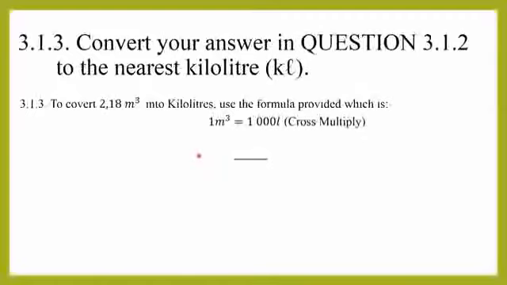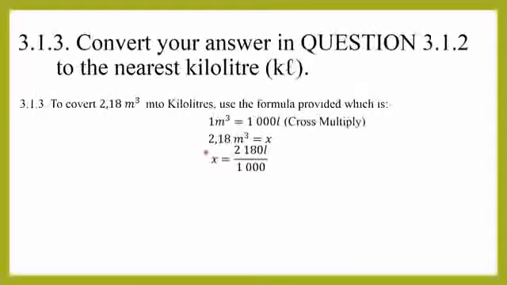Then you are going to cross multiply. 2.18 cubic meters equals x. As we cross multiply, we will say x multiplied by 1 cubic meter and 2.18 cubic meters multiplied by 1,000, and we get x equals